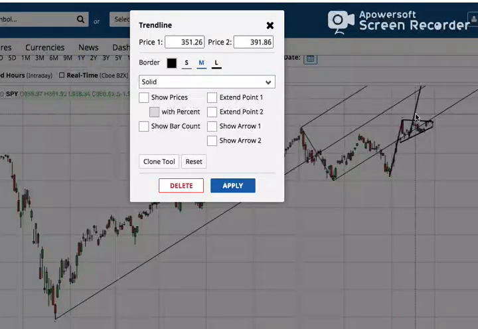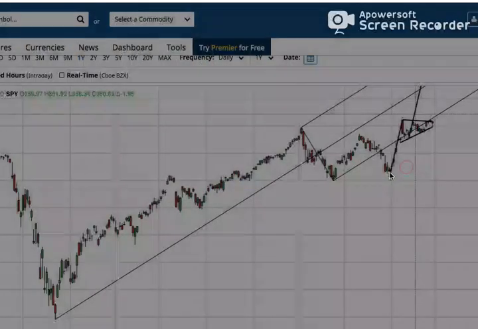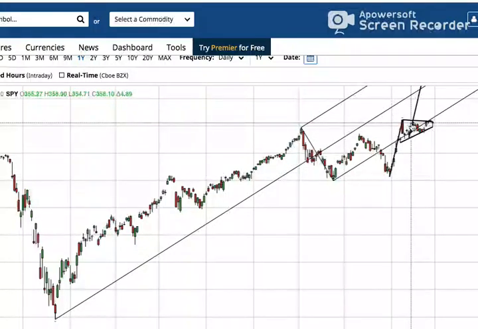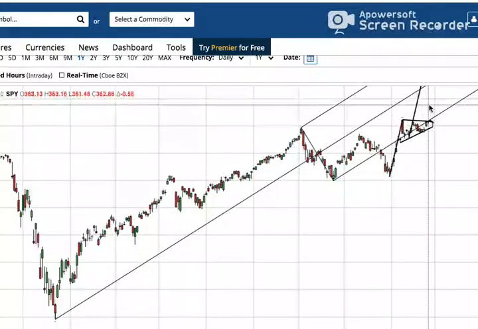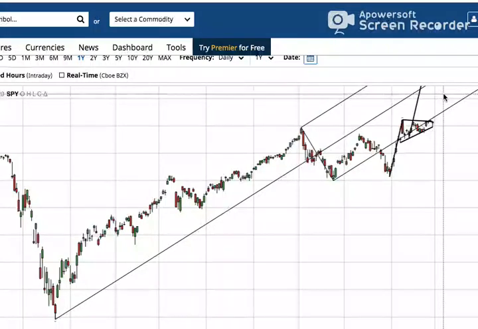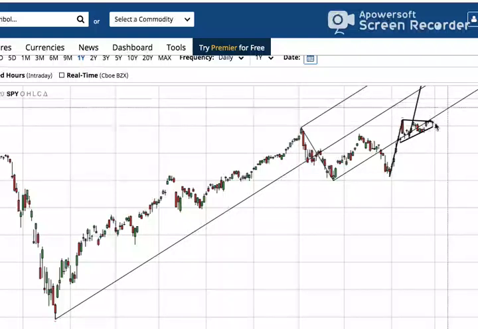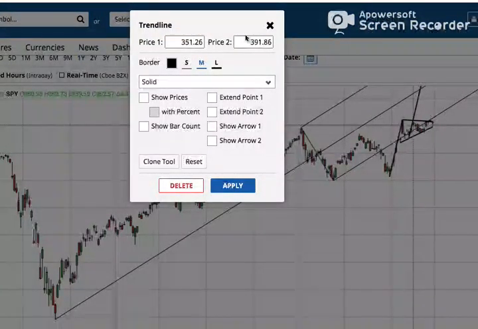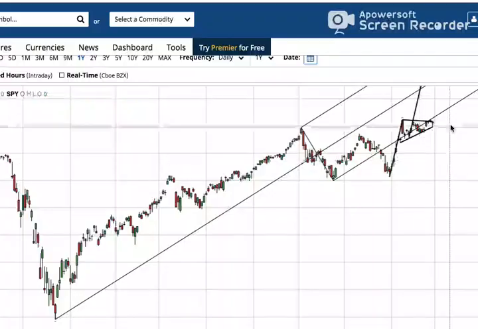I think an ideal price target or an ideal time target for this trade, technically you would take the length of this move and place it here. It's obviously not impossible that we hit 391 by the end of the year, but I think it's realistic and conservative to say that by mid-January, if we break out of this bull flag, SPY is going to hit 391, and that's just the bull flag equal legs target.